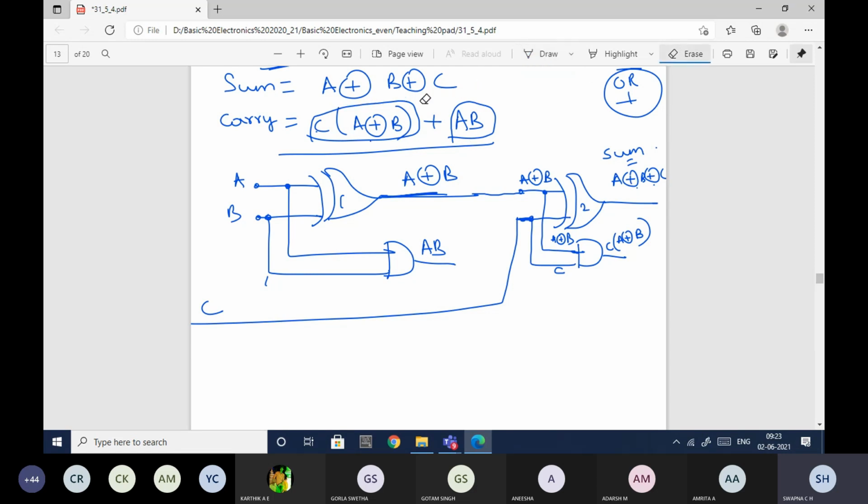How will you get it? This is the carry equation. So I need to get C(A XOR B), which I have here, and I need AB also, which I have here. How will I get this term plus this term? This is my first term, this is my second term.